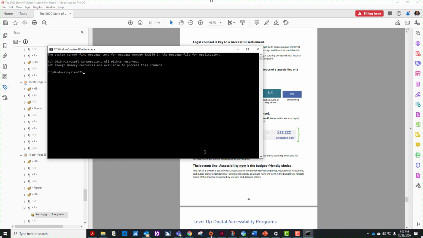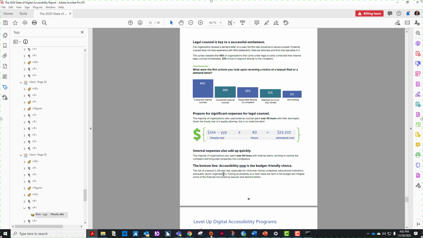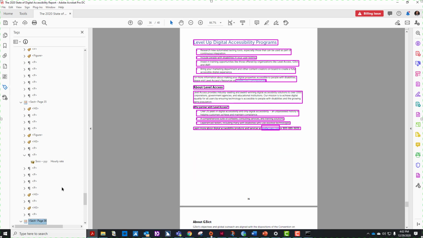So again, this is why we test, right? We test these things to make sure that we understand what's going to happen when the user walks through it. And I think this is the thing that most organizations do not do because they don't understand how to use this. Now, I'm sure Level Access, I've used them as a vendor to come in and teach how